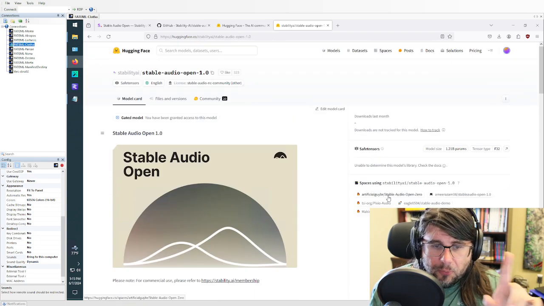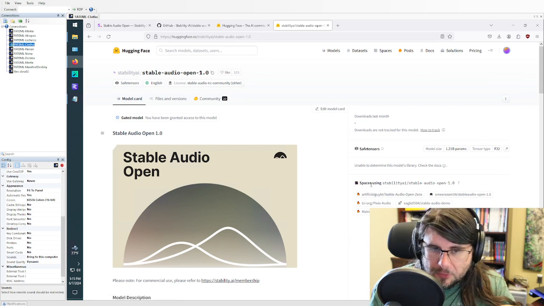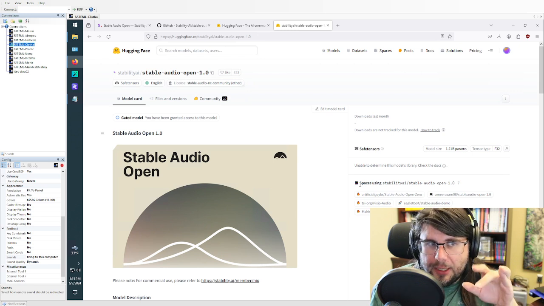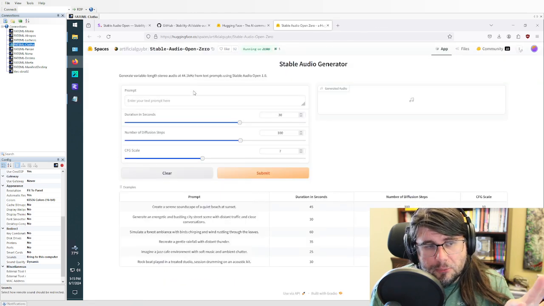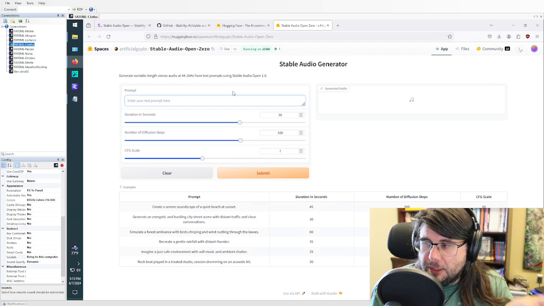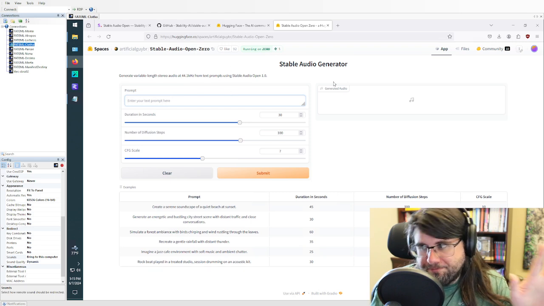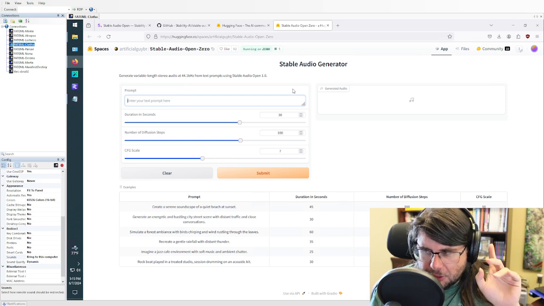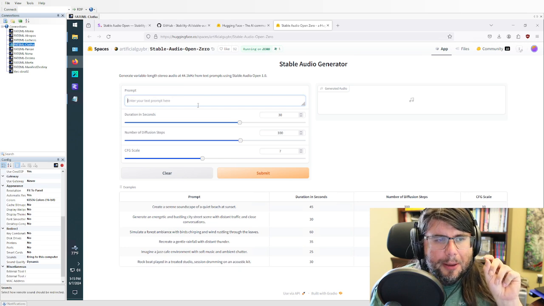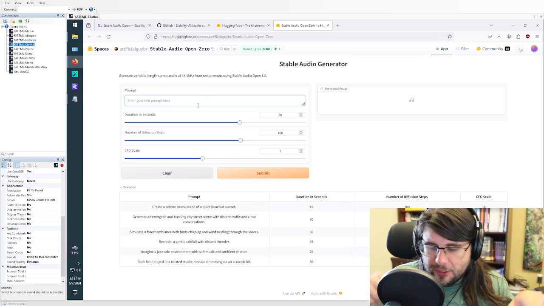I'm going to open up one more link though, like this artifact guide here. I just want to point this out real quick. It's not unique to just Stable Audio Open. If there's a model file on here, there might be some spaces that people have built to test it out. So we're going to open this up and see what it can do. This is the interface we're going to get running locally on my computer. Hopefully. Like I said, this is my 4th time doing this now, so I should have accounted for all the errors. But right now, we're going to run it on Hugging Face